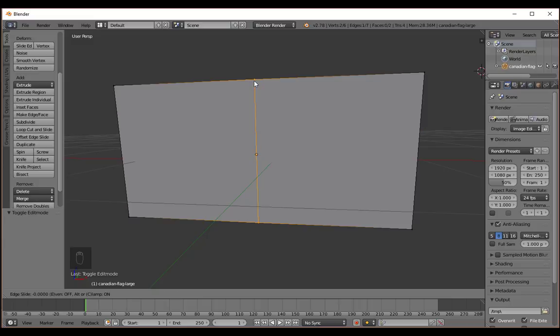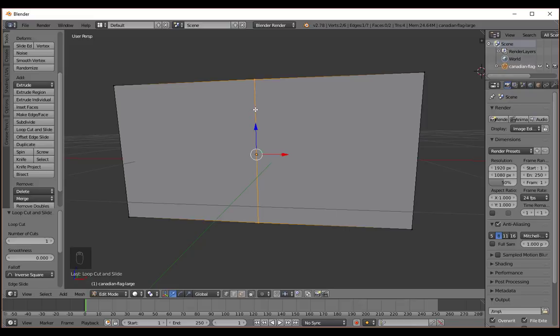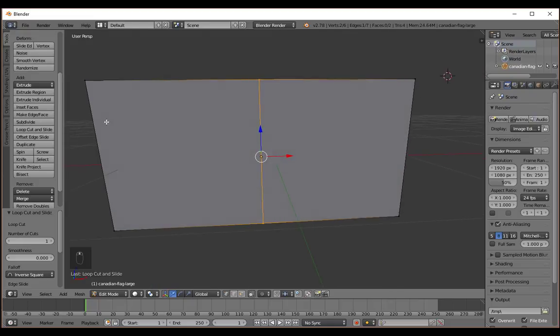I'm going to click, and then we can slide this around to decide where we want the loop cut to go, but I'm going to drop it right smack bang where I left it, right in the middle. So what this does is give us two squares. And the reason why it does this is it's going to make it look more realistic down the road if the simulator is actually working with two squares